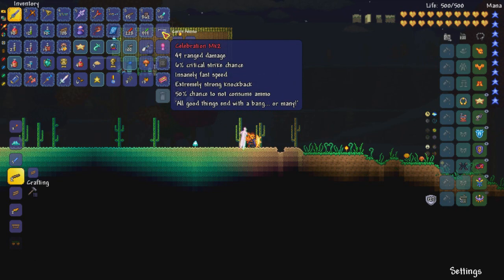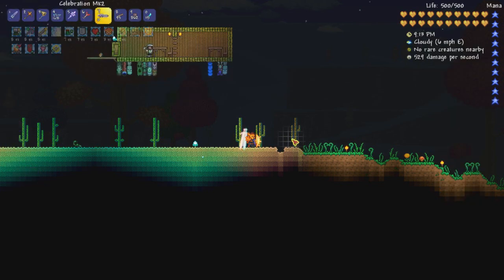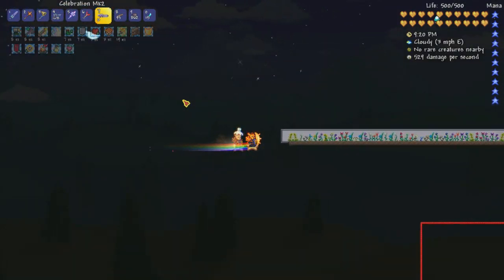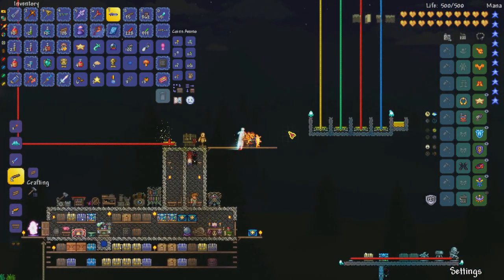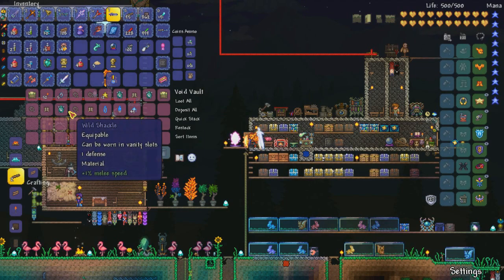Oh, the celebration! I hadn't gotten that. That was the only thing I hadn't gotten, I think. I don't know what that does or how it works. It apparently has some kind of ammunition, and I presume that ammunition ended up in my void bag, because I presume it would give us some ammunition. So let's go ahead and quickly drop off some things and open up the void bag and just see...